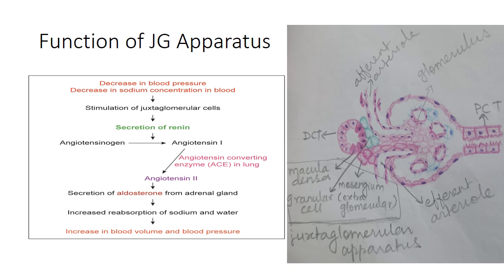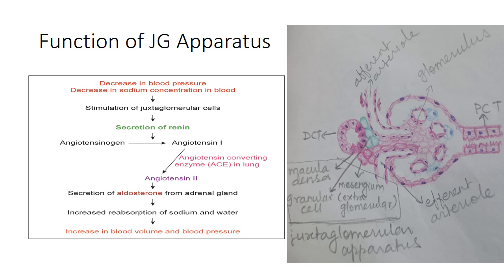role of the juxtaglomerular cell. Now how does the macula densa work? Because of absorption of sodium and water from the distal convoluted tubule under the influence of aldosterone from the adrenal cortex, the fluid volume in the macula will also increase. This causes pressure in the afferent arteriole and juxtaglomerular cell. And once the pressure in the arteriole increases, the juxtaglomerular cells stop secreting renin and it lowers the blood pressure.